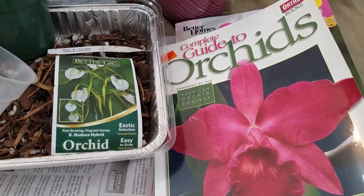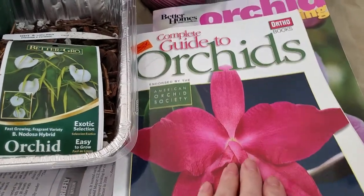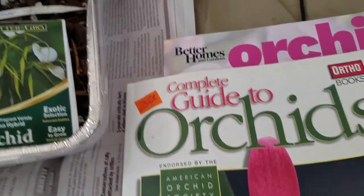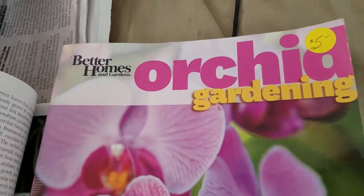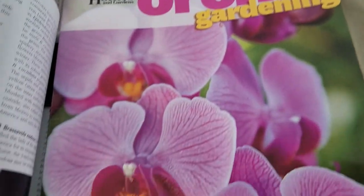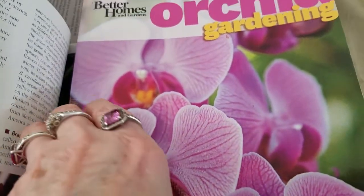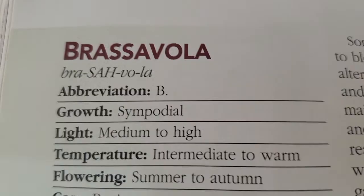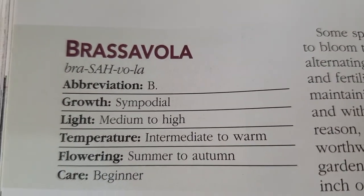I have my two orchid books here. This one I paid 25 cents for at a thrift shop. This one I paid $5 also at a thrift shop. This one doesn't have any information about the bag baby I just bought, but this one does. And this is a Brassavola,